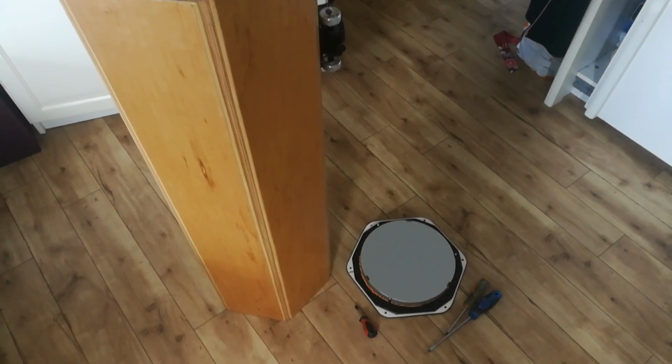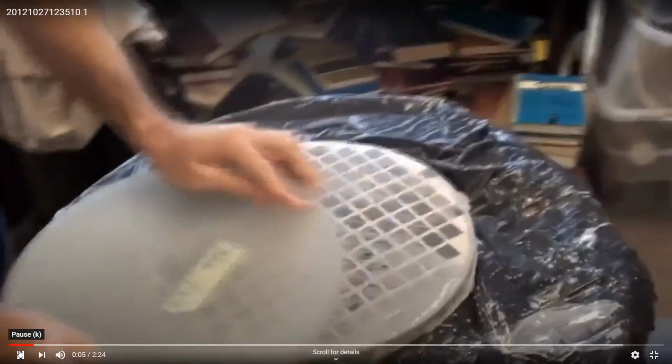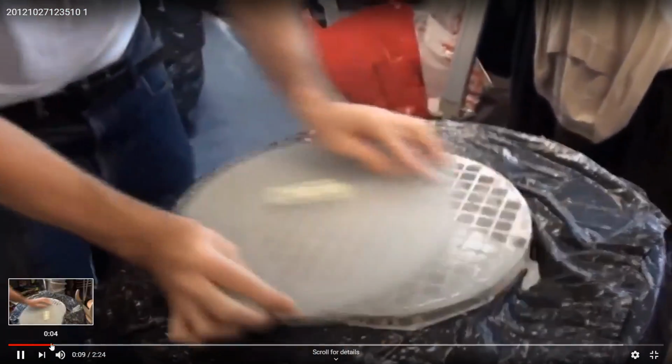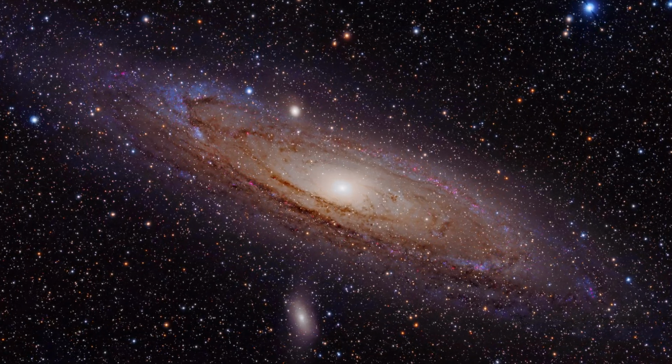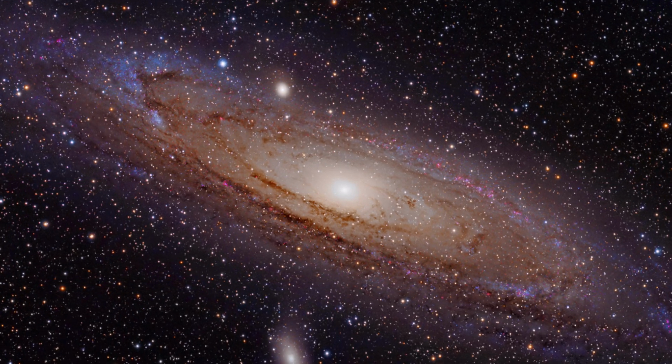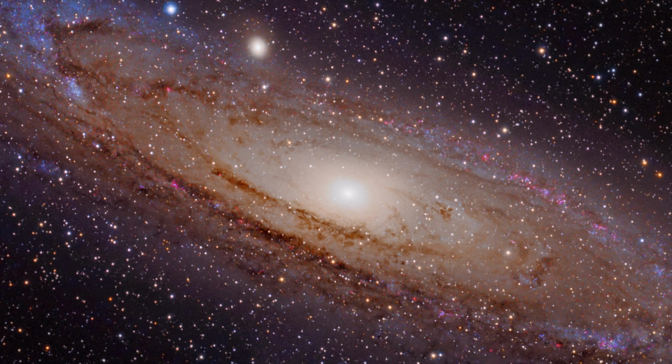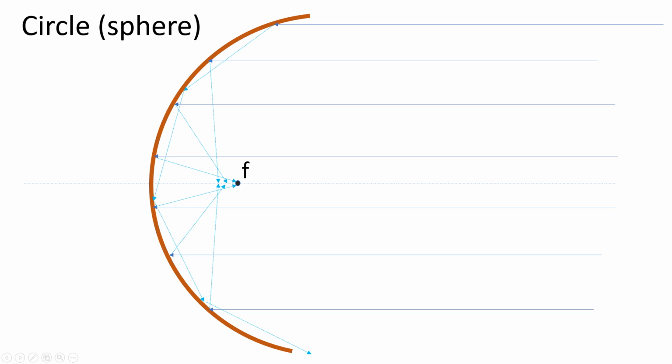If by chance you are an amateur telescope maker and you've made your own Newtonian telescope, you will probably know that in order to create a sharp image of the sky, it's best to make a parabolic mirror and not, for example, a spherical one. And the reason for this is pretty straightforward. So let's assume that we would use a spherical mirror to look at the stars. Now, as you can see in this schematic, a purely spherical mirror would not give you a well-defined focal point.